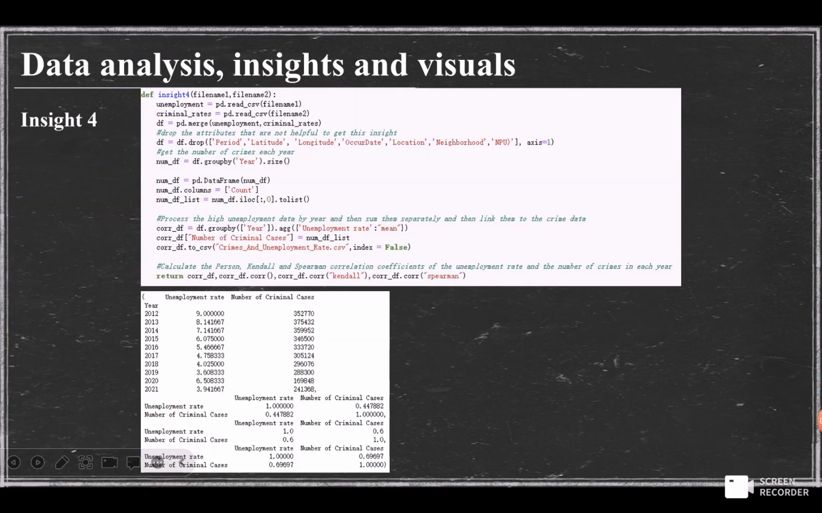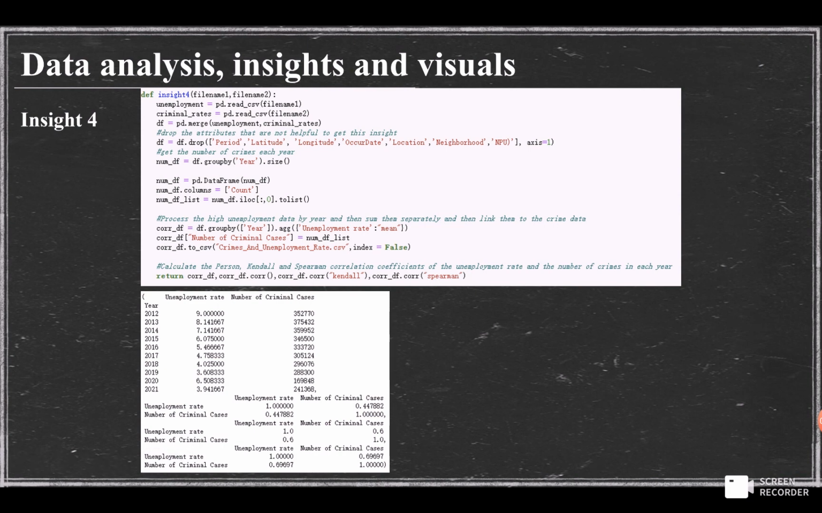For the fourth insight, we use a group by year to get the unemployment rate and number of criminal cases that happened in each year, and use a .corr module to calculate the Pearson correlation coefficient, Kendall and Spearman correlation coefficient. From the value of 0.4, we can know that there is some positive correlation between these two attributes, which proves